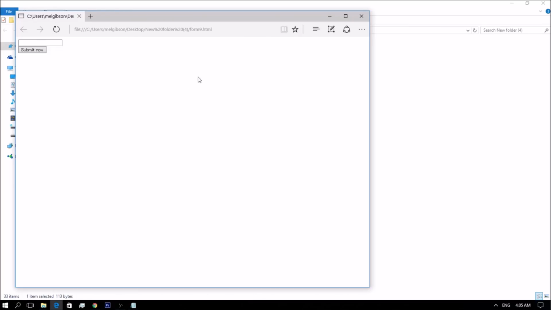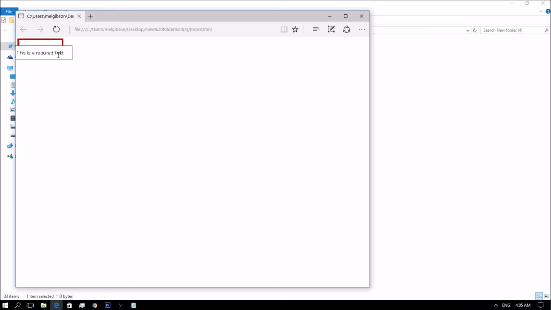So I have the example here. If you click submit now and you haven't entered any text in the input field, the warning message will show.